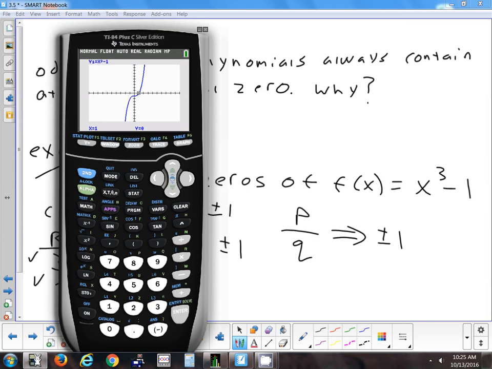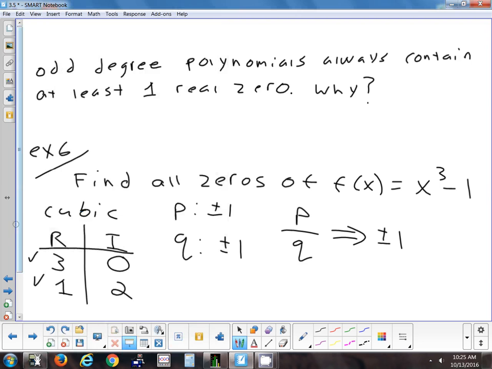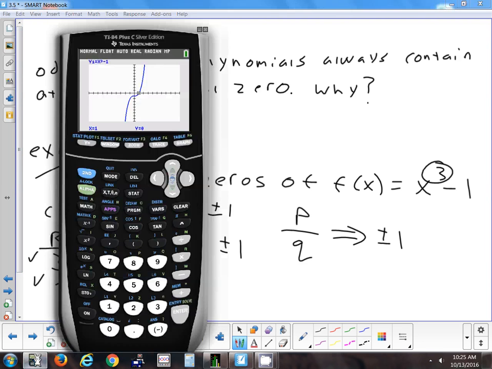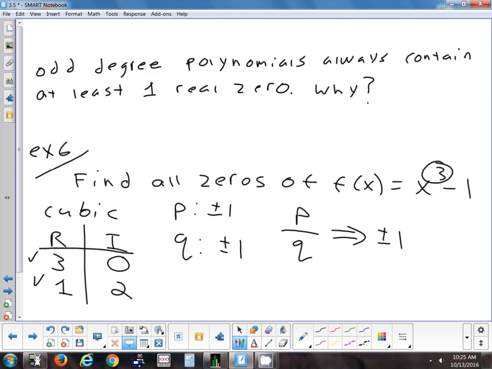So let's divide through by the root and turn the cubic into a quadratic. And the reason we're going to have to do that is because there has to be 3 solutions to this problem. There has to be. How many times does it look like it crosses the x-axis? 1 real. So what does that mean about the other 2 solutions? They could be repeated reals. We don't know that yet. Or they could be